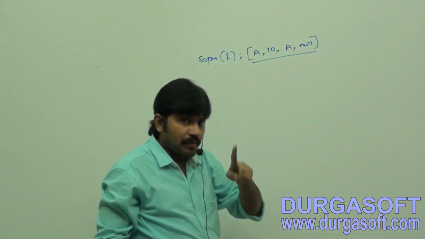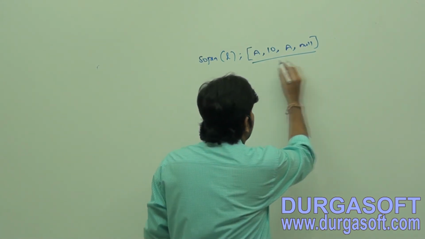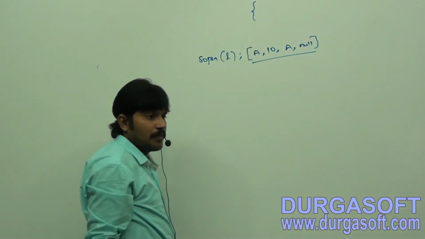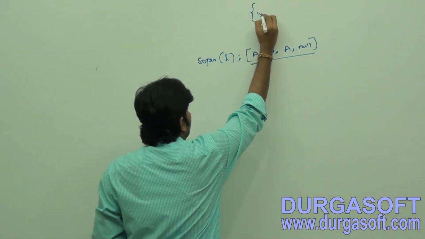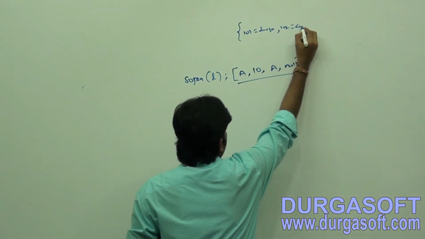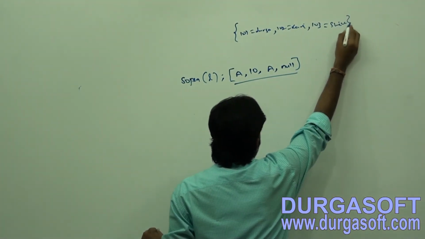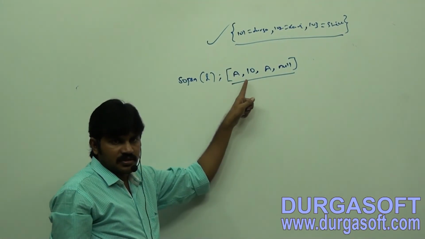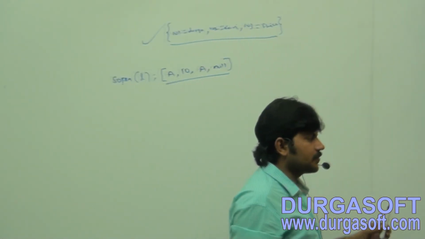If it is a map, now the content is going to be displayed in curly braces. Map means what? A group of key-value pairs. For example, 101 Durga, 102 Ravi, 103 Shiva. If it is a map object, this is the style. If it is a collection object, this is the style. Clear for all of you, right? Now just observe this one.